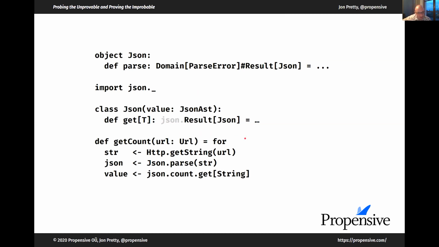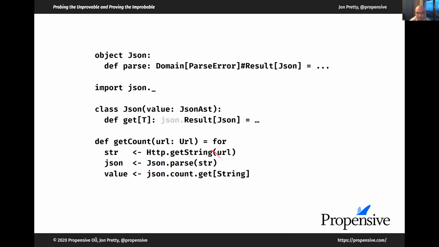Now, the thing we can do in Scala 3 that we can't do in Scala 2 is combine these in a single for comprehension without any additional transformation of these result types. Each one of these returns a result type. And in fact, get count will also return a result of some variety.